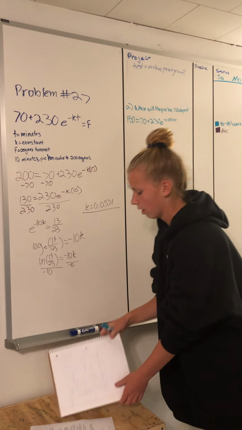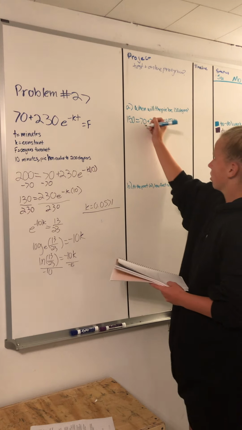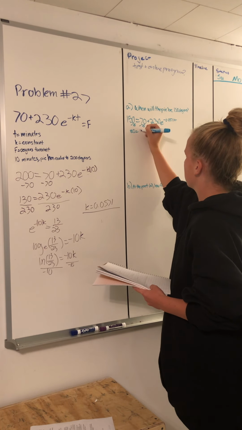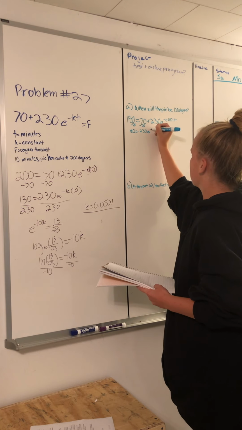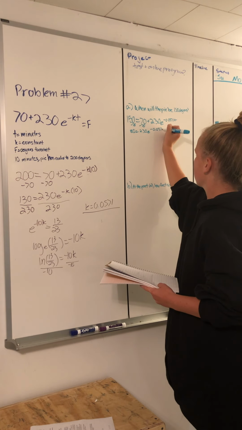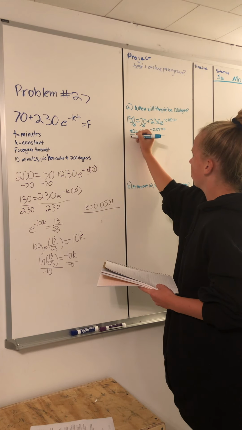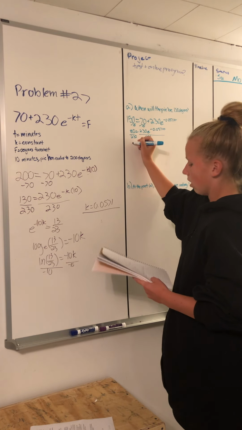And then we do the same thing and we manipulate the equation, so we can subtract 70 and 80 equals 230 e to the negative 0.0571 t. And you can divide both by 230,